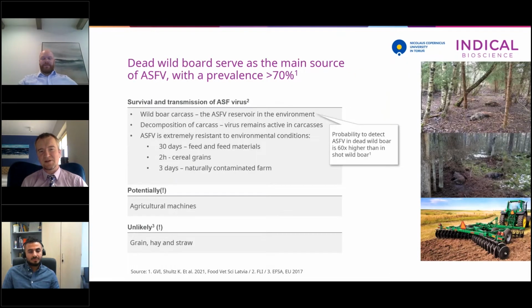And regarding the potential sources, of course, the most important source is wild boar. That's why the surveillance should be focused on testing of wild boar in the area where we may expect new spillovers and introduction of the disease. Then, of course, different contaminated materials like contaminated feed or straw from fields where African swine fever virus is present in the wild boar could be a potential source of introduction of the disease to a pig farm. The same with naturally contaminated farms, which could persist contaminated for a long time. That could present an active source of the virus for